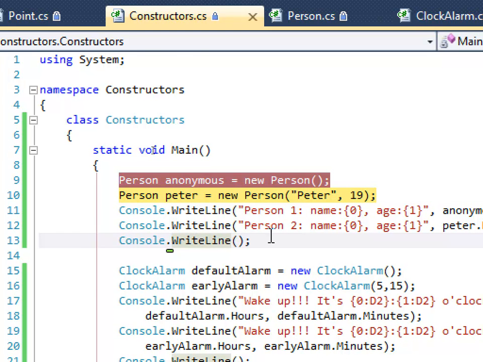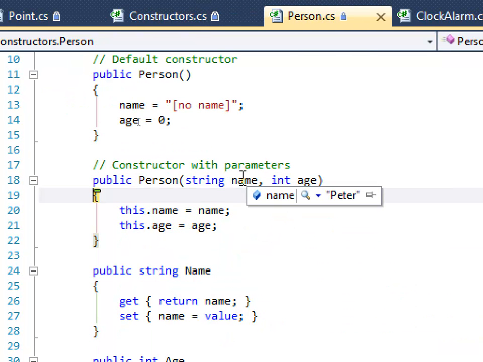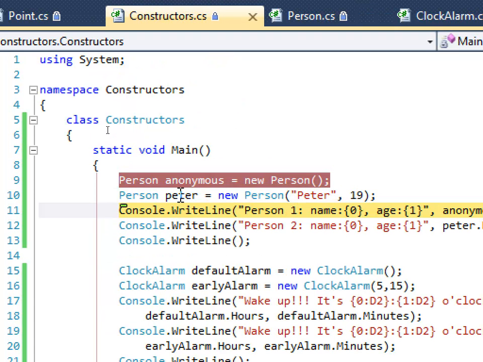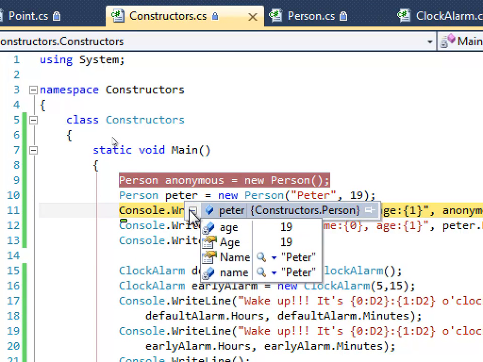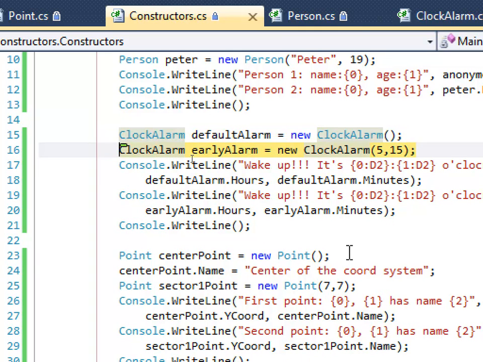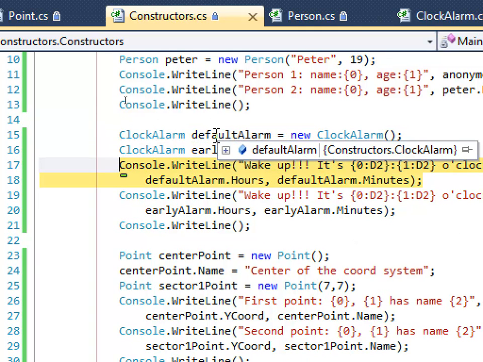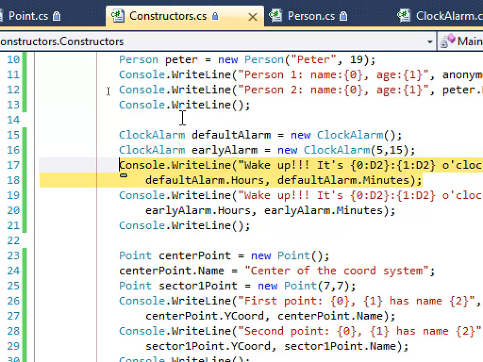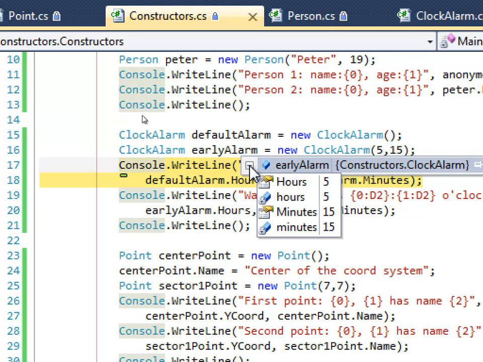Second, we're creating another person with the argumented constructor, setting them, returning, printing them. Now the alarm clock, the two constructors: the one that did nothing, but we still have the default values which are set inline in the class, and the other one which used the normal argument constructor,